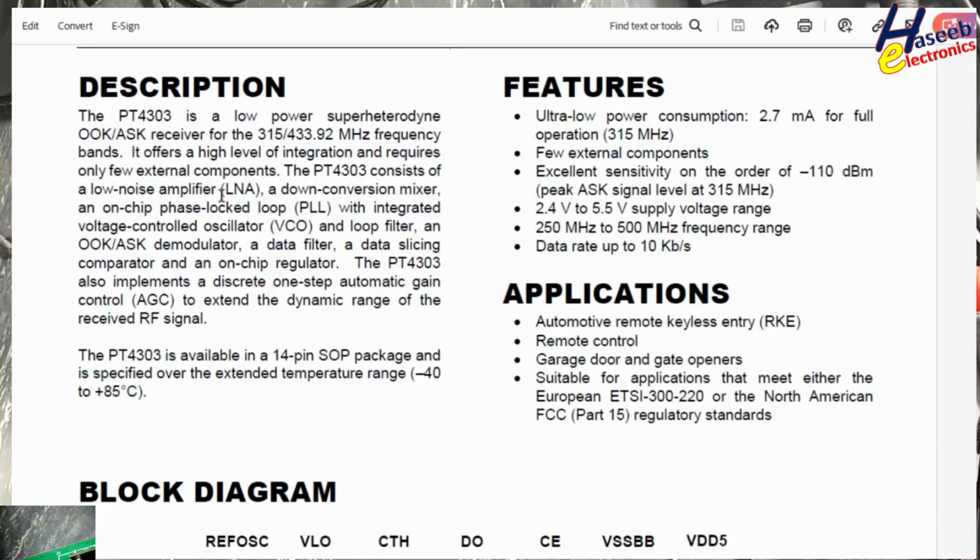It consists of a low noise amplifier LNA, down conversion mixer, on-chip PLL, phase lock loop, VCO, loop filter and demodulator, data filter and data slicing comparator, on-chip regulator, one-step automatic gain control to extend the dynamic range of the received RF signal, ultra low power consumption of 2.7 mA for full operation at 315 MHz, excellent sensitivity, 2.4 volt to 5.5 volt supply, 250 MHz to 500 MHz frequency range, data rate up to 10 KB per second.